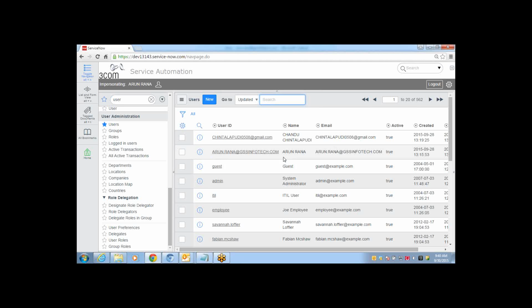So everyone understand how the data gets segregated based on the domain which you have given to the user. Everybody clear? Yeah.